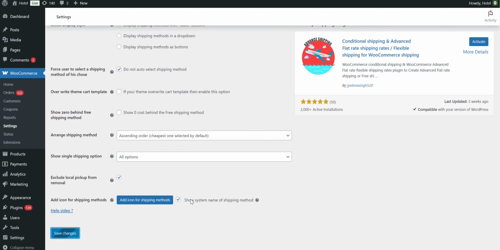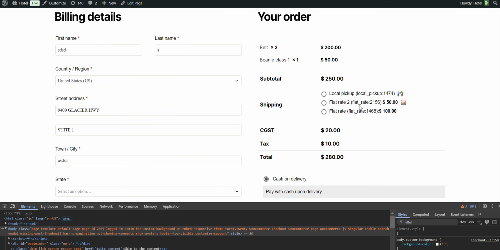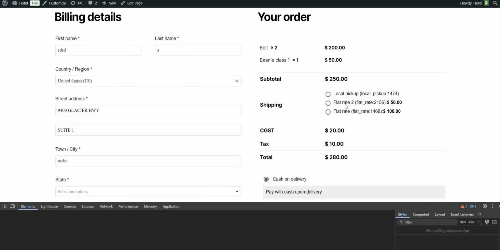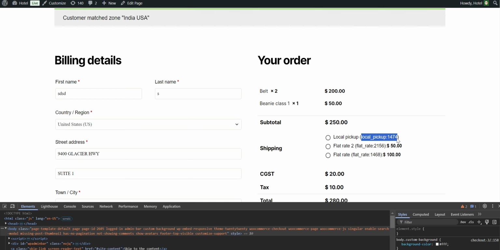So once you have enabled this, you can go to your checkout page. You should be logged in as an admin. While going to the checkout page, you will be able to see the system names, and you need to copy the system name. Copy this system name,